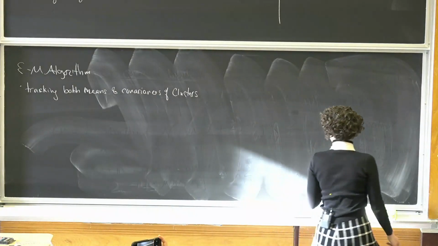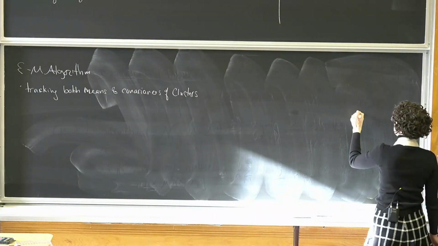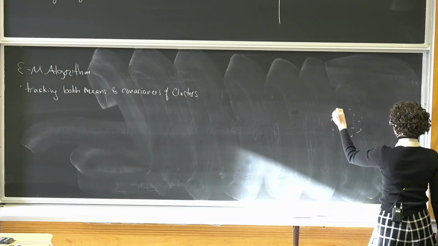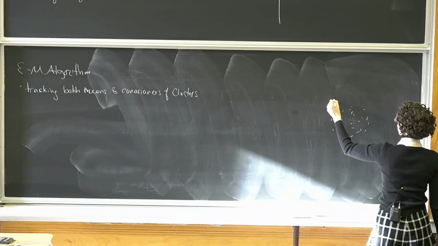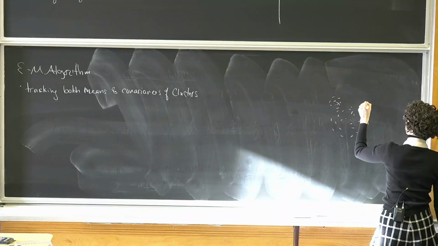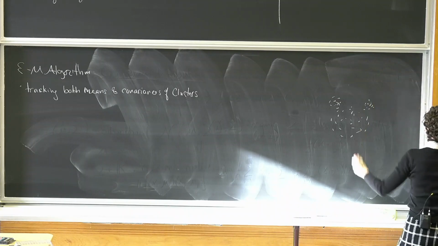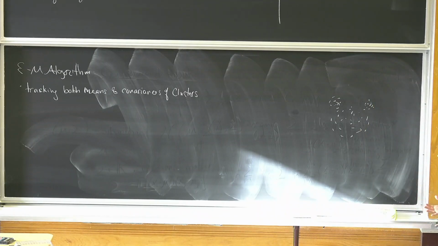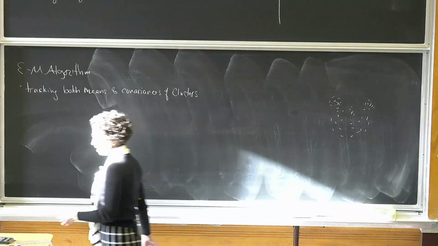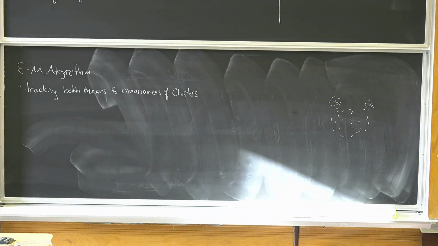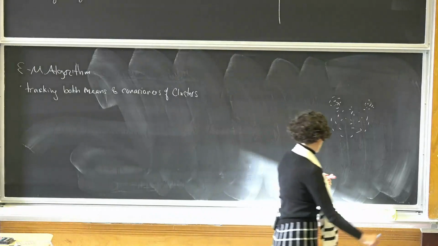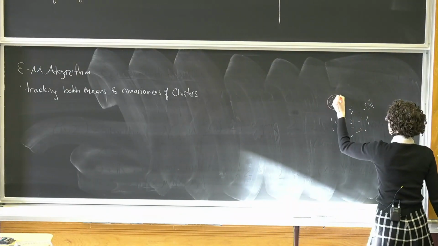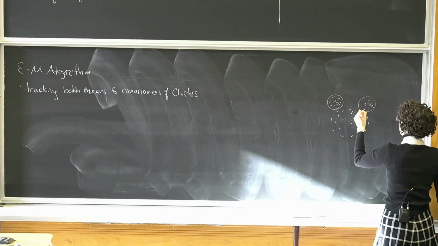If we think back to the Mickey Mouse example that we had at the beginning, this is an example where the EM algorithm can yield good clusters while the k-means algorithm cannot, in part because